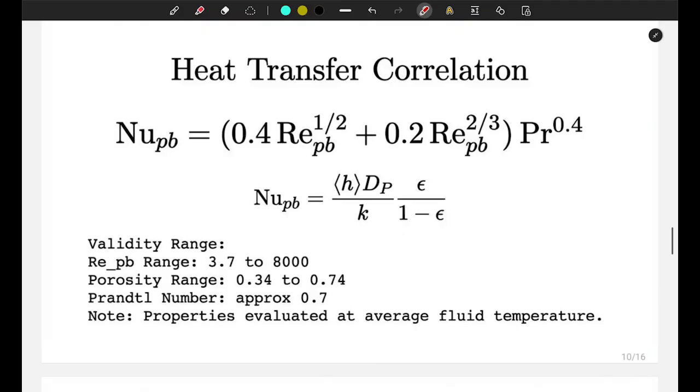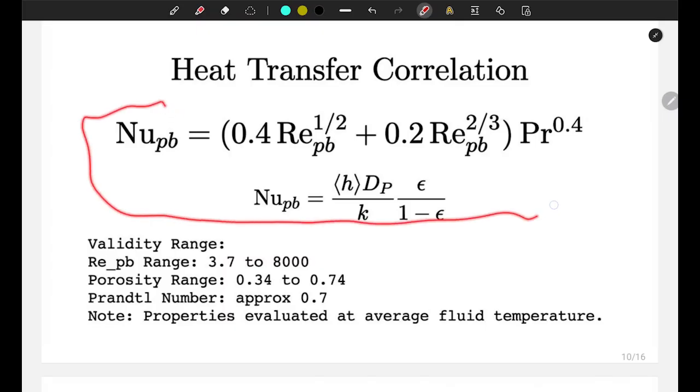Then the next topic is heat transfer correlations, for which we use the packed bed Nusselt number, which is a function of the packed bed Reynolds number and the Prandtl number. For the packed bed Nusselt number, a similar equation in terms of porosity, overall heat transfer coefficient, and particle diameter is used. The validity range for this equation is given by the particle Reynolds number, which must be in the range of